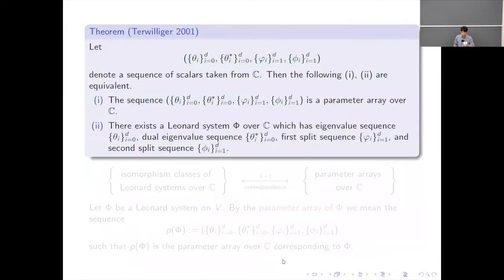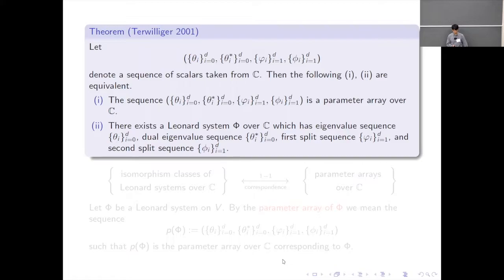So here is the theorem. Suppose we have a sequence of scalars from C. The first condition and second condition are equivalent. If the sequence is a parameter array over C, then there exists a Leonard system that has eigenvalue sequence theta I, dual eigenvalue sequence theta I star, first split sequence varphi I, and second split sequence phi I, and